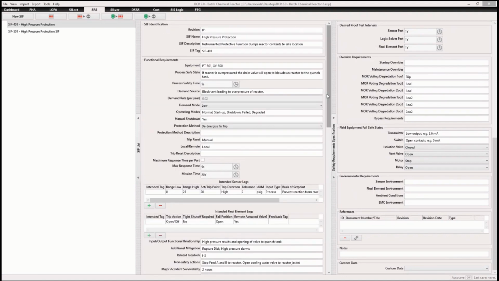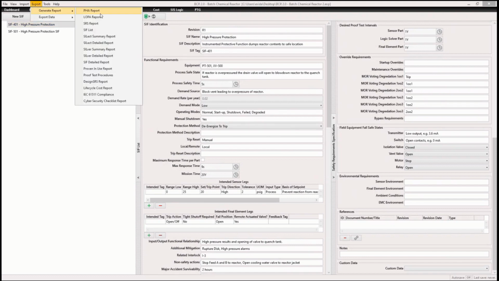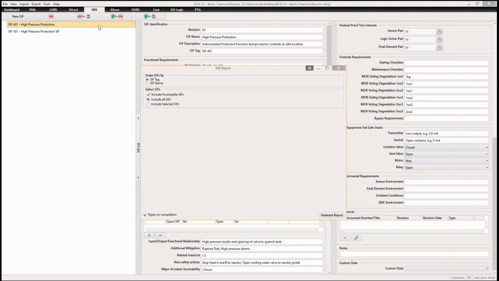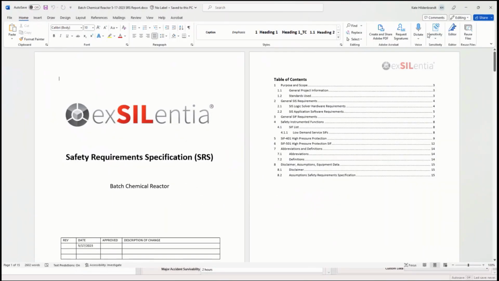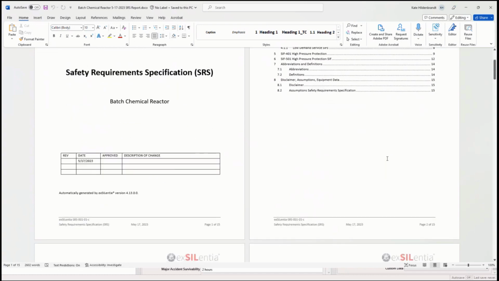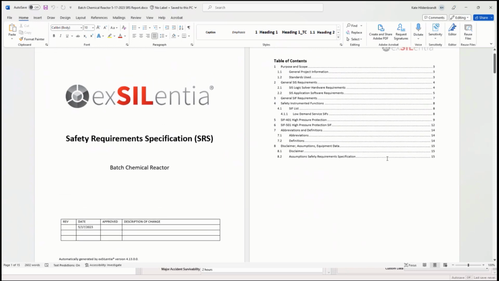So once all of this is filled out, the report that is generated is nicely matching the UI of this module. And the reason this is nice is because there's a lot of information that's covered here, and you want to be able to have it easily accessible to the team that you're handing it off to. And so with so many requirements, if they're easy to find because they're in the same order or configuration as the module that you filled them out in, that is a little bit of a help. And so here you'll see the SRS